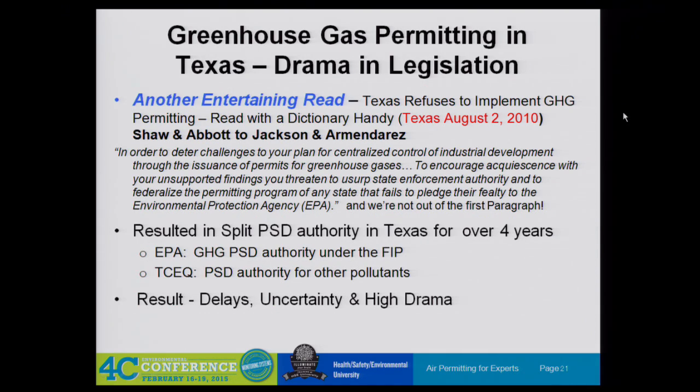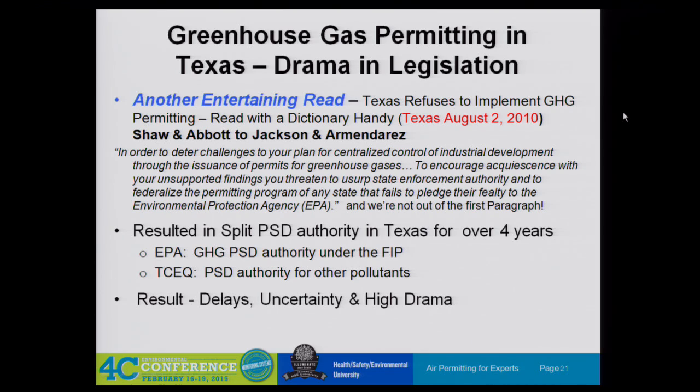A lot of drama in Texas. I'll wrap this up pretty good. I mean, when I got this letter when Texas refused to implement greenhouse gas, I'll never forget the day I was sitting at my desk. It's like the day that Challenger or Kennedy was assassinated or something. This is another one of those days that I always remember where I was. I was sitting at my desk and this letter came back, and I thought, this is the greatest farce I've ever seen. This is the funniest satire I've ever seen, and it was a letter from